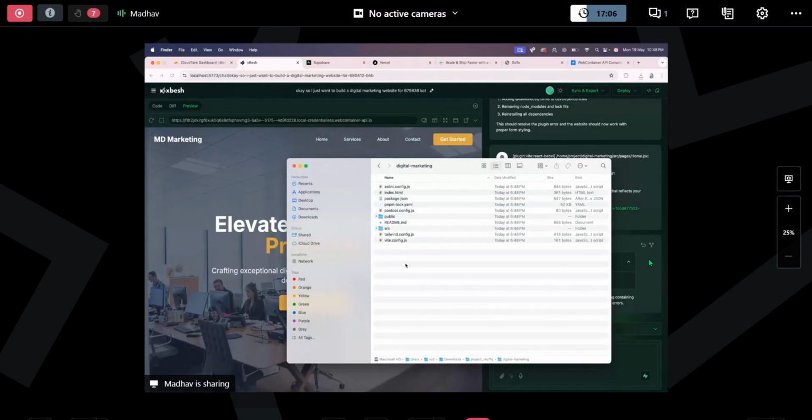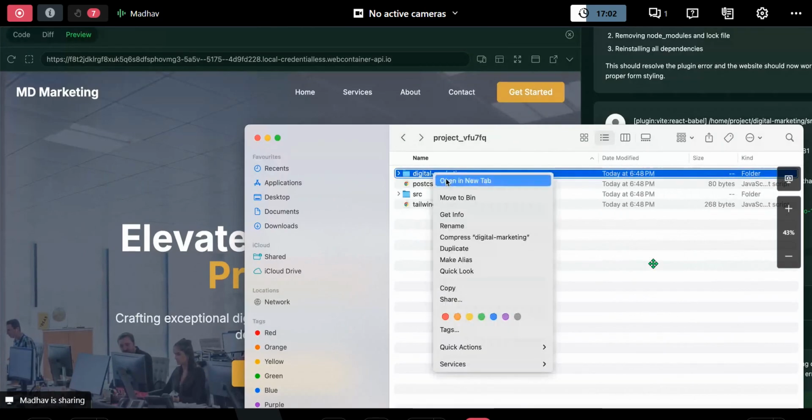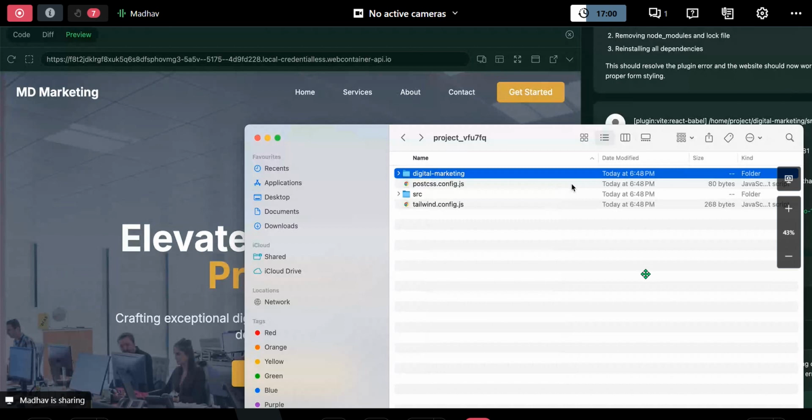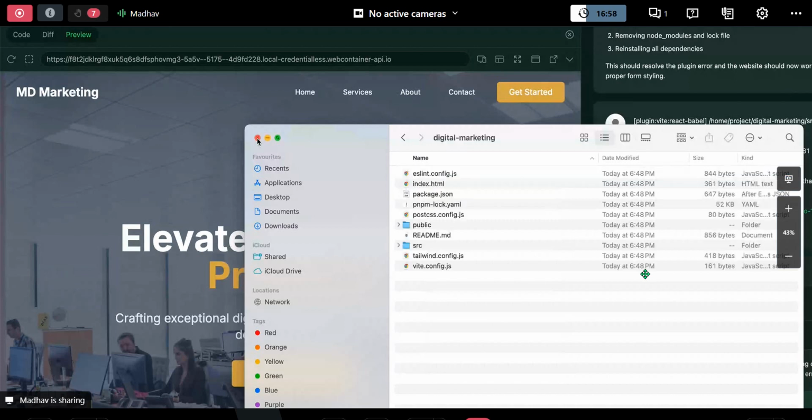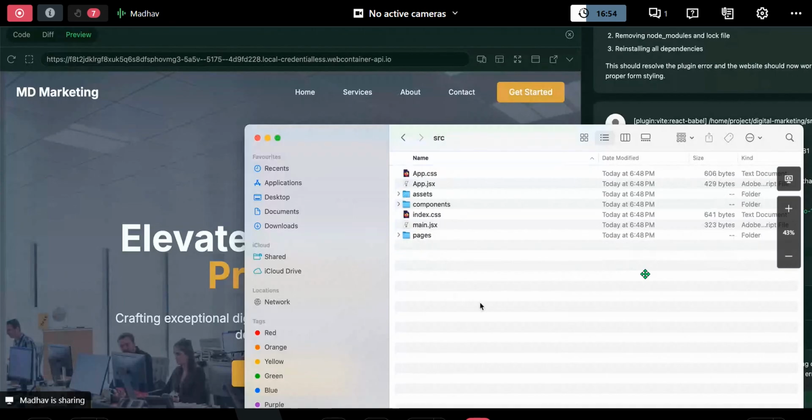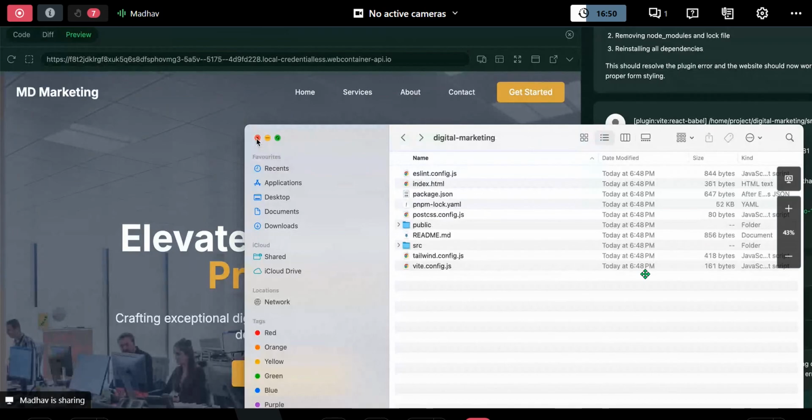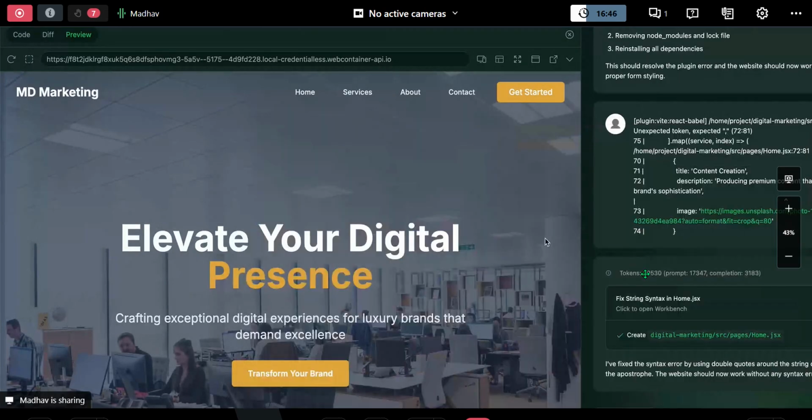When we have this digital marketing thing here, I can just deploy it somewhere. If you want to give it to the developers, you can, because this is a fully fledged working app which can be built further, if you want to go with some other developer team or some other platform, or even Xbesh, if you want to download it and import it later.